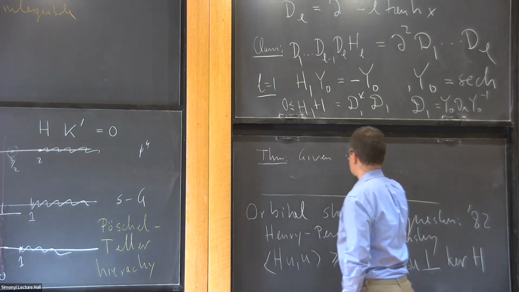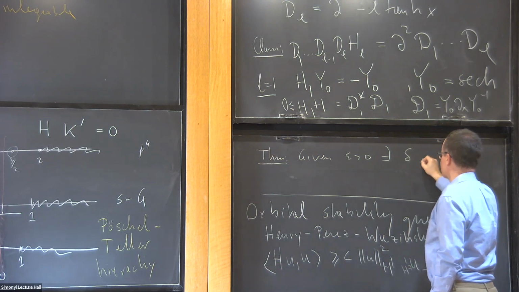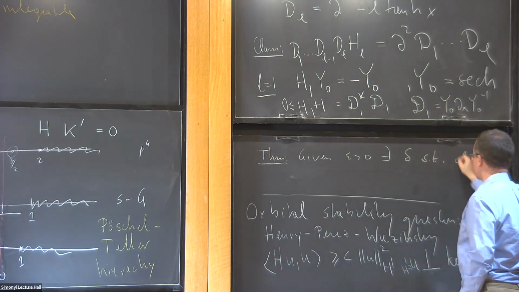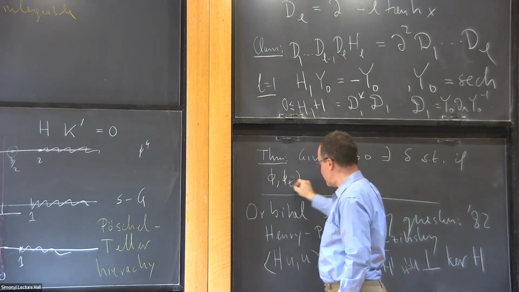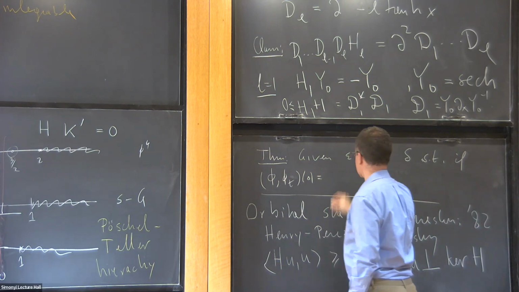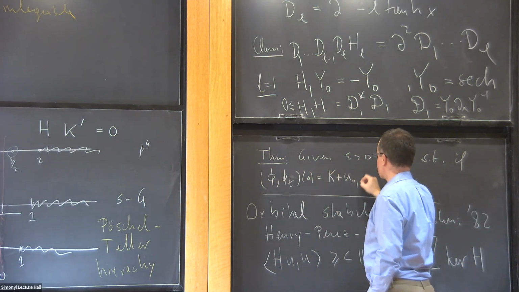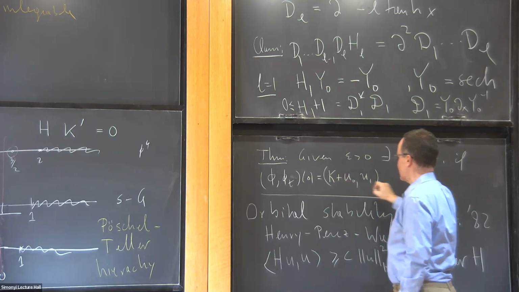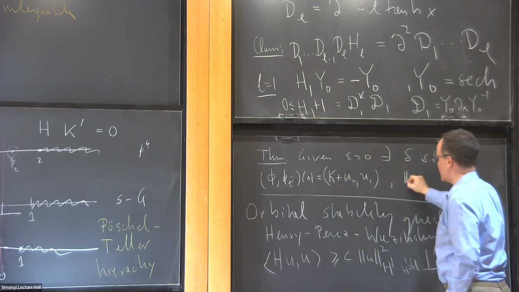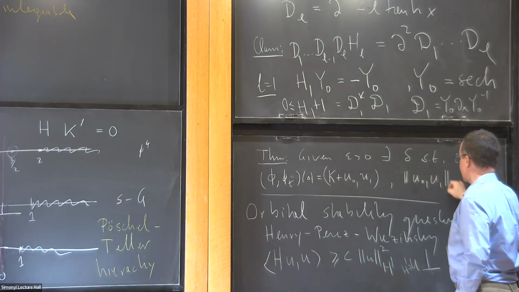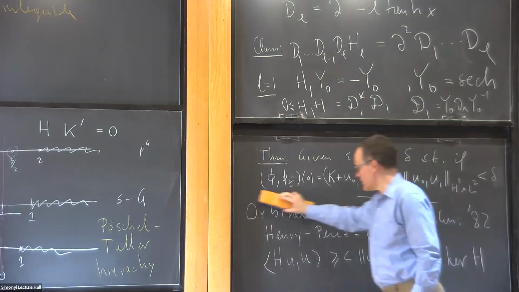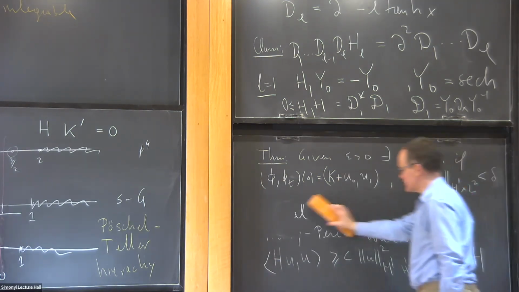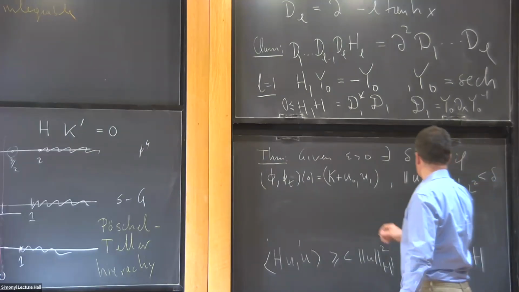Given epsilon, there exists a delta such that if your initial data for the field are of the form k plus u0, u1, where k is the kink, and u0, u1 should be small in H1 cross L2, less than delta. This is the Henry-Perez-Brzezinski result. Then,